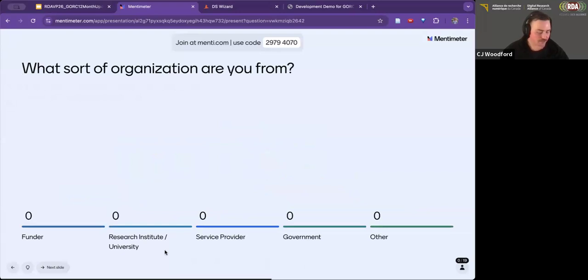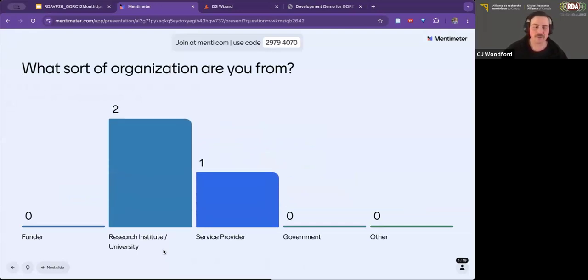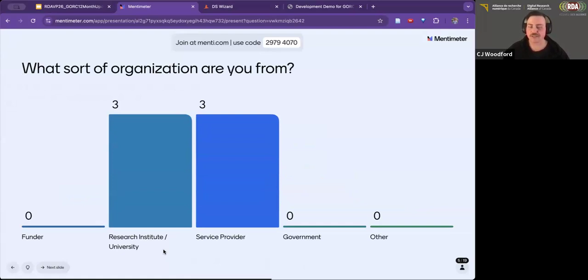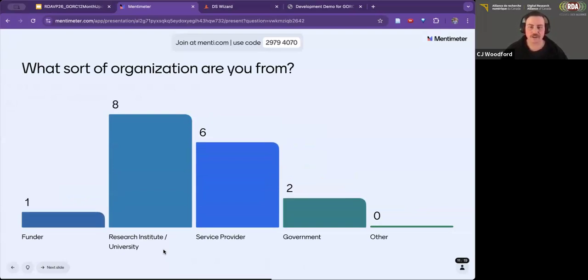And then another question about the perspective that you're bringing to this session. So, what sort of organization are you from? We've broken them out into funder, research institute slash university, service provider, government, or other. And if you feel you're in the other category, please do put in the chat what kind of organization you are from, so that I can maybe update this for the next round and we can consider different perspectives as we build some of the work outputs.